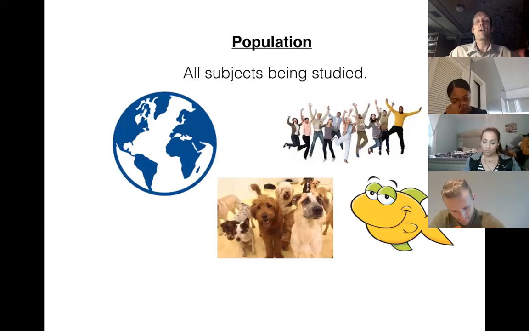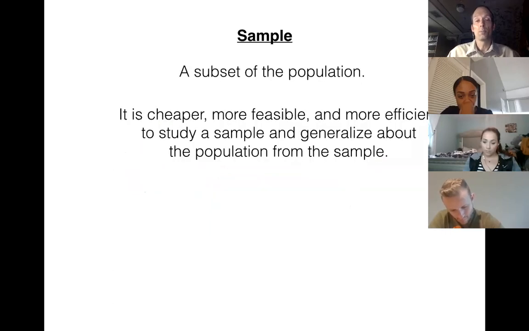So somebody's going to have to tell you what your population is. Like when they do a study or in a homework exercise, they have to let you know what it is they're looking at, or otherwise we don't know what to do. Now, then we get this thing called samples. And a sample is a subset of the population.